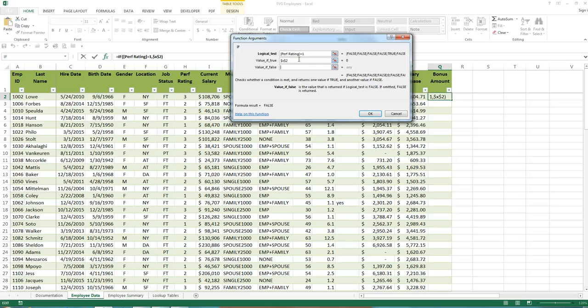Step number 7. In the value if false box, type IF, open paren, open square bracket, performance rating, close square bracket, equals 2, comma, the absolute value of X3, comma, the absolute value of X4, close paren. All right, so in the value if false box, here we go. IF, performance rating equals 2, comma, the absolute value of X3,